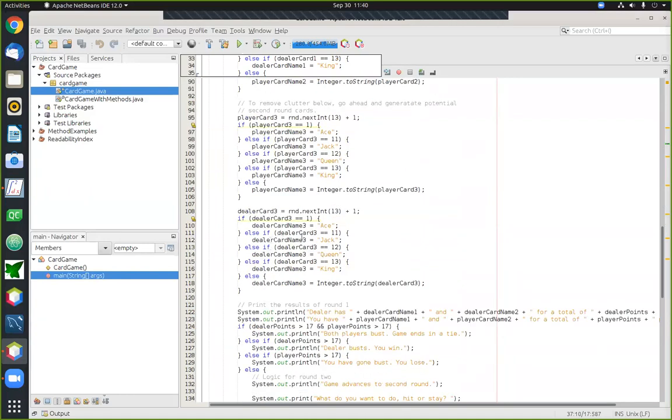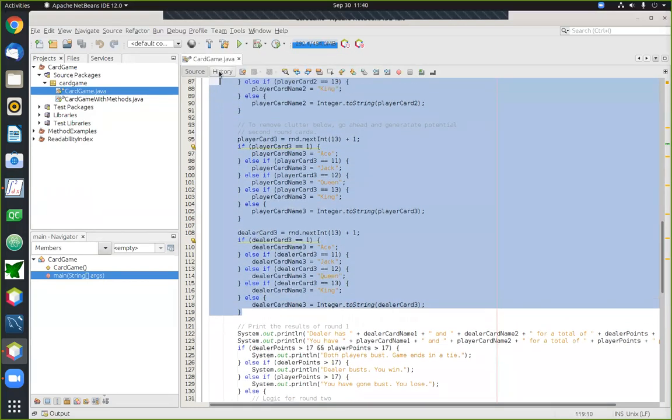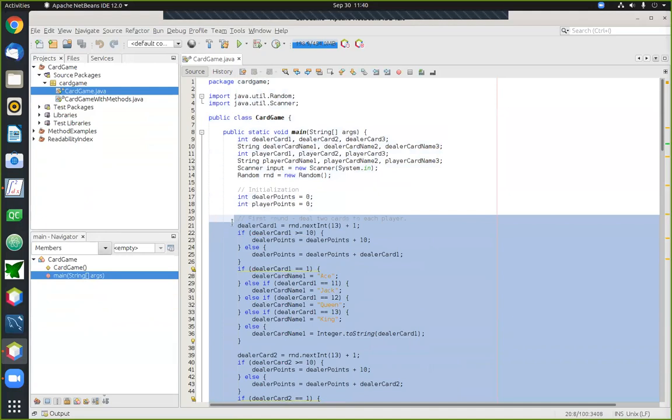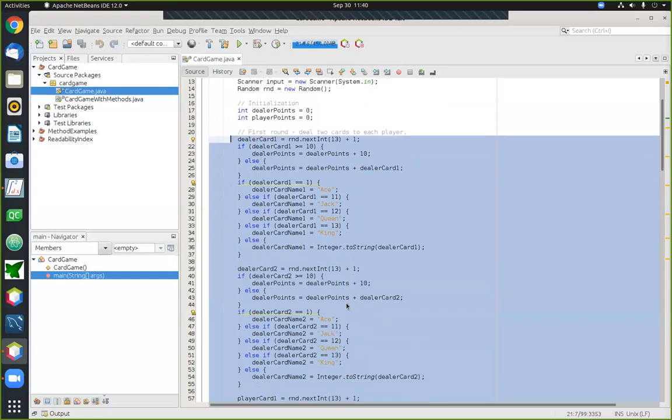card 6. All right, and by the time you get done working with 6 cards, you've got quite a bit of code. This is somewhere north of 100 lines of code just to deal with dealing out the 6 cards to the players. All right, and furthermore, if you take a closer look at the way this code is structured, it's highly